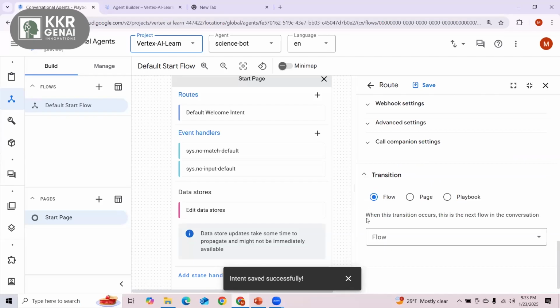Now I will create a flow. So I will teach you what a flow is, what a page is, what a playbook is. We have learned what a playbook is, right? Over there you saw code interpreter and photosynthesis. In a similar way you can add whatever playbook that you want, you can add it like that here. But what is a flow? For example,